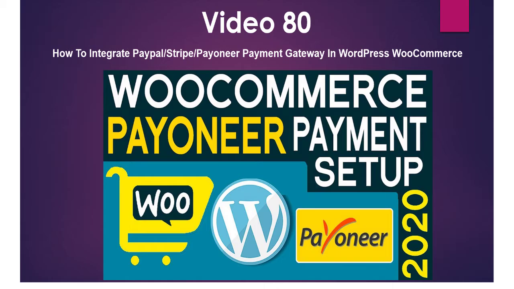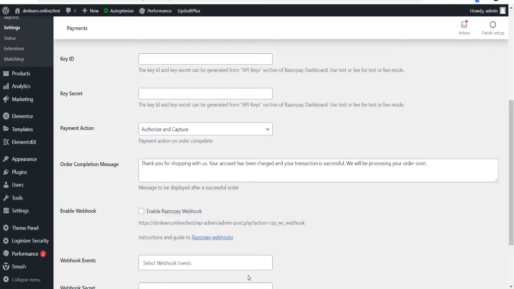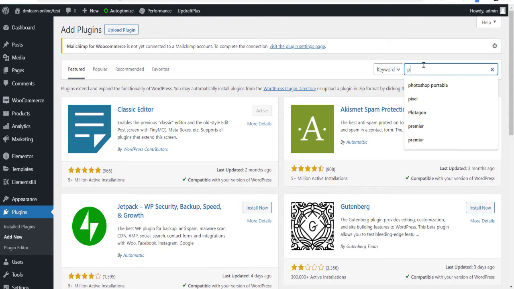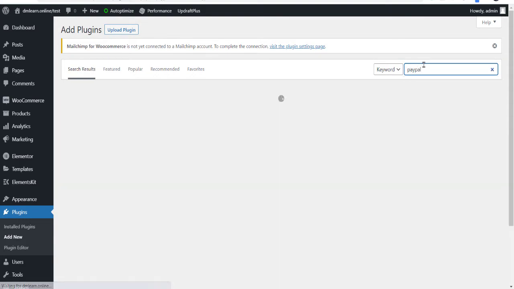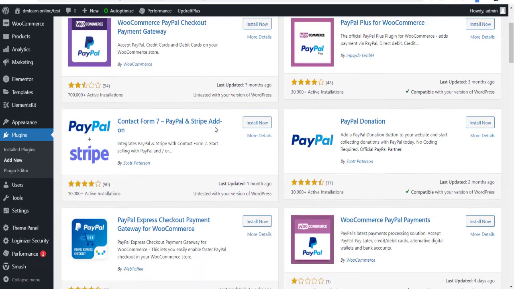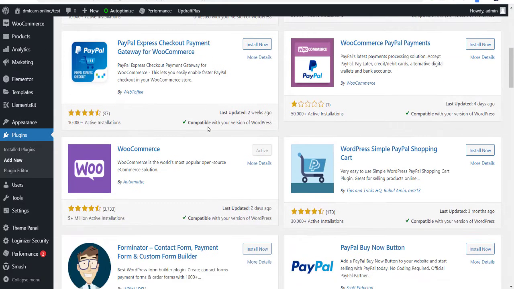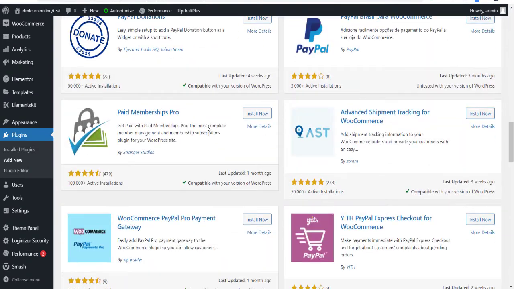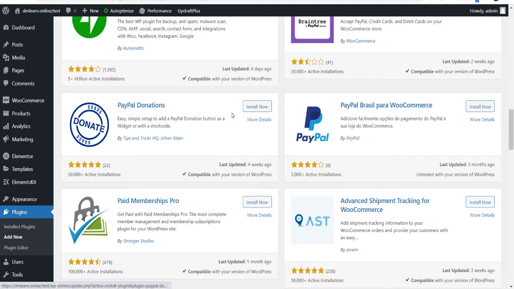First of all, I'm going to share PayPal. Let me log in and add a new plugin. Go to plugins. Here you have the option WooCommerce PayPal Checkout Payment Gateway. Let me check whether PayPal has an official plugin or not.